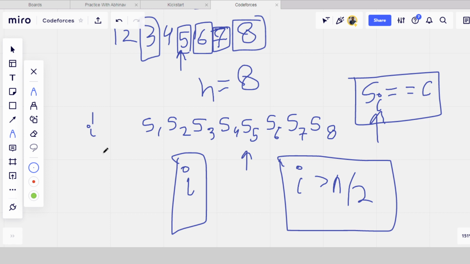तो क्या होगा कि सिर्फ एक वो इंडेक्स ही होगी जो कि डिविजिबल हो रही होगी, बाकी सारे तो रिप्लेस हो ही जाएंगे, और वो पहले से c थी. तो अगर वो रिप्लेस नहीं भी होती, बाकी सारे हो जाते हैं, तो फिर हमारा आंसर आ गया, सारे कैरेक्टर्स इक्वल हो गए. And if that i is less than or equal to n by 2, then it is not possible.